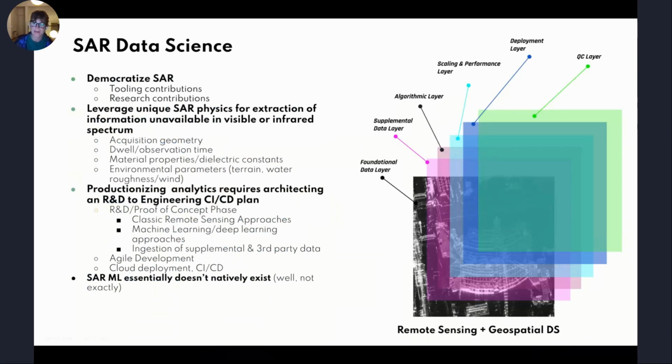What I wanted to demonstrate here is that, fundamentally, whether it's SAR or any kind of geospatial data science, there's always a layered stack of information. You have some foundational layer. In my case today, it's SAR imagery, but with any geospatial problem, you have to layer that with supplemental data: where are the buildings, where are the roads, where are the trees, etc. Then you'll have an algorithmic layer of a variety of different things. It could be deep learning extraction, or it could be more conventional computer vision capability.